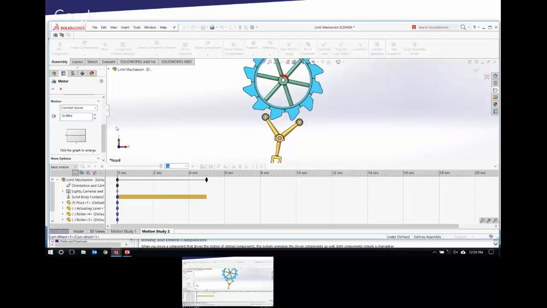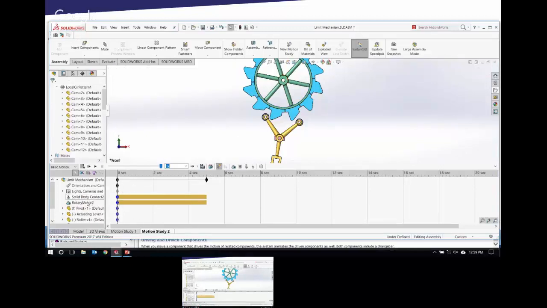I'll set it to 10 RPM. The rotary motor is now defined here. It's going to be on from 0 seconds to 5 seconds. And let's go ahead and